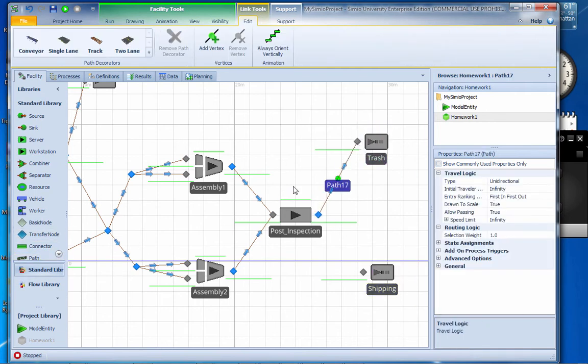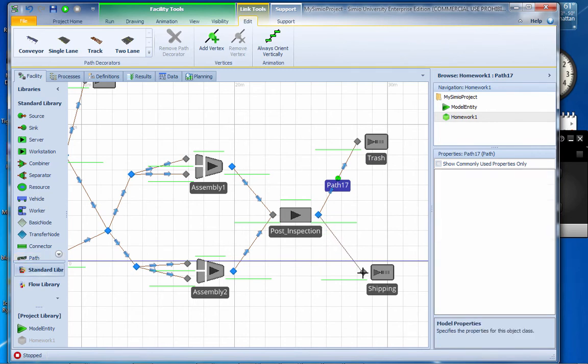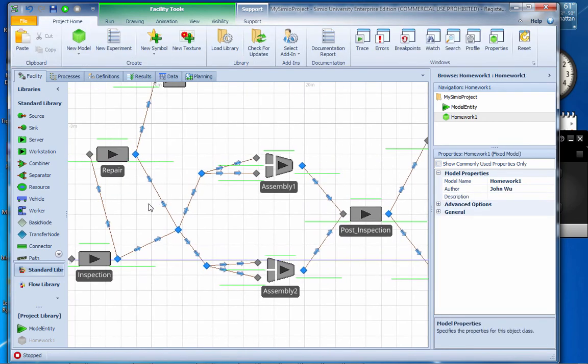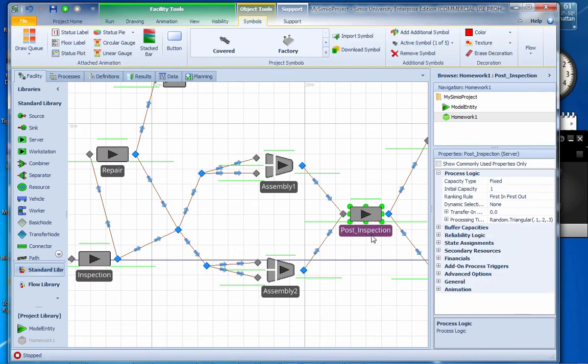Therefore, I'm going to this, going to that. And again, there's a failure array involved. And after post-inspection, I should say,